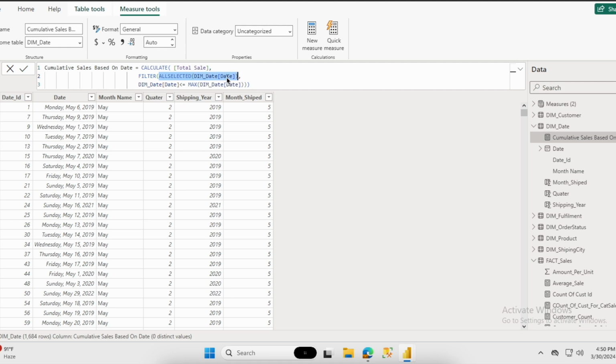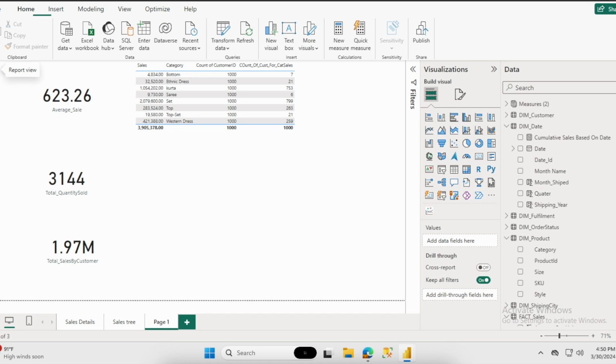The date we are using here is the date inside our dim date table. This is a dimensional date table that we have extracted from our data set. Then again we have to use this expression to get the cumulative sales based on date. So this is our full formula that we are writing here, and now we are going to visualize it over a visualizer. So again we are going to take a table to visualize this,